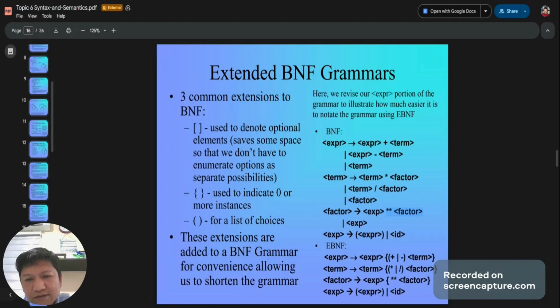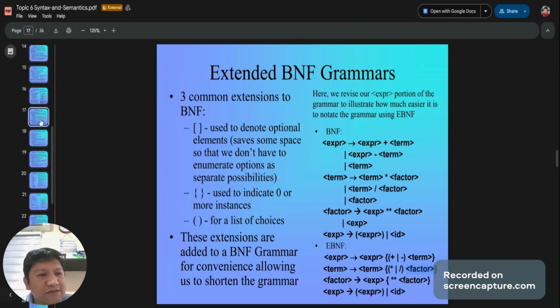This is an exponentiation factor, the two asterisks. An expression can also be a parenthesized expression or an identifier. Extended BNF, so it has an expression and then braces. Term, factor, there. There are other actions or computations.